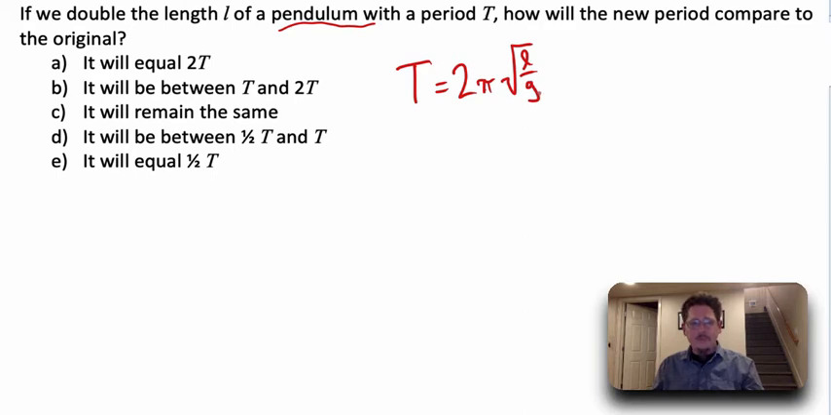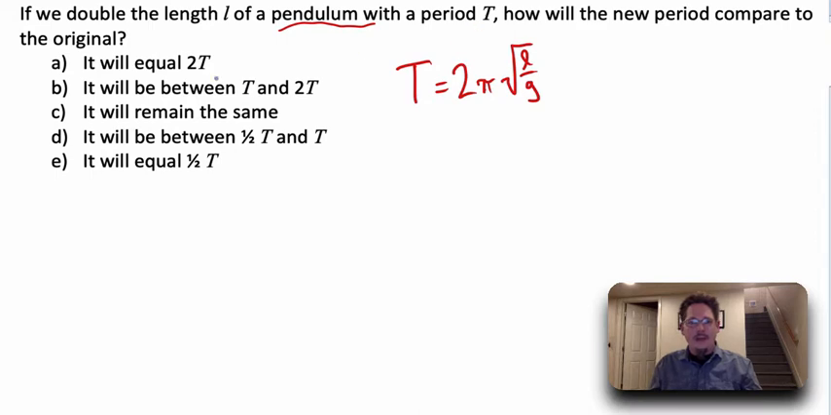Now, second, we should be able to quickly analyze and tell whether this is a direct or inverse relationship. Because notice we have between T and 2T, it will remain the same. So will it get larger? Will it stay the same? Will it get smaller? So in an equation,